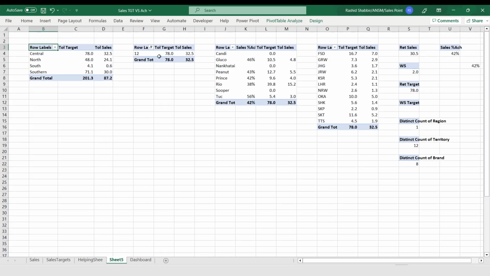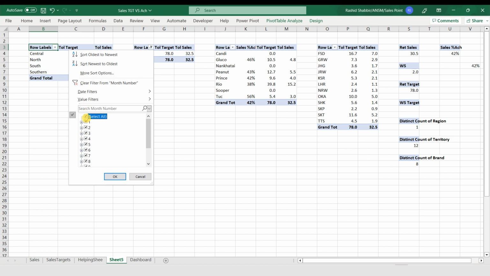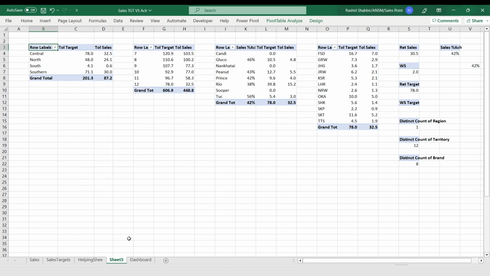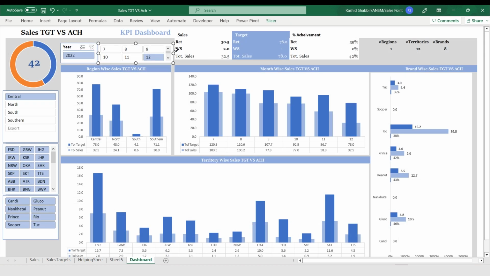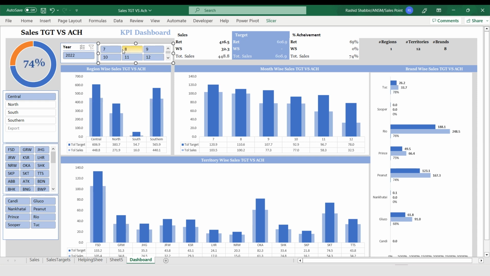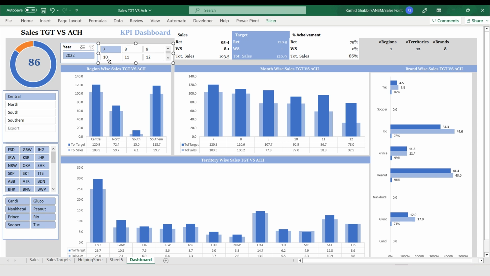going back and checking all the months. And now if I select any month from here, if I'm selecting month number 7, it will slice all the rest of the charts instead of month wise sales. This thing you can also use in your dashboard. This depends on your requirement. If you need this, you can use this trick in your dashboard.